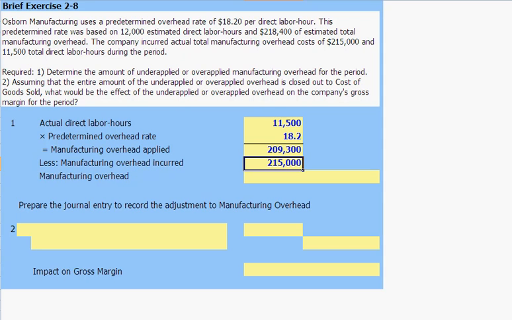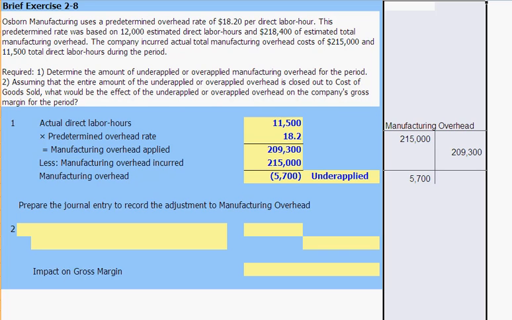The actual manufacturing overhead incurred was given as $215,000, which means we had $5,700 in under-applied overhead. If we look at a T account, we can see this because our actual manufacturing overhead